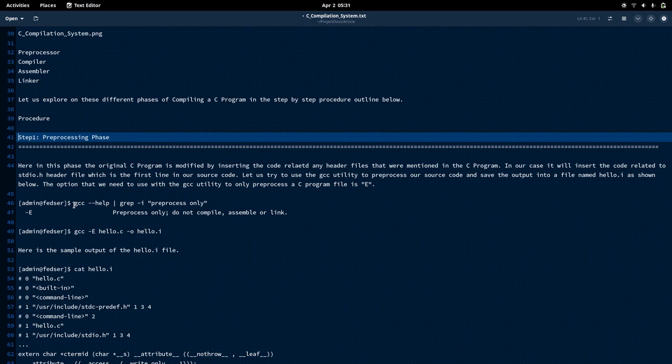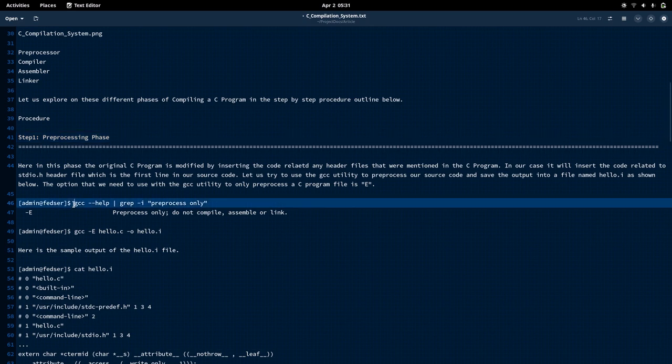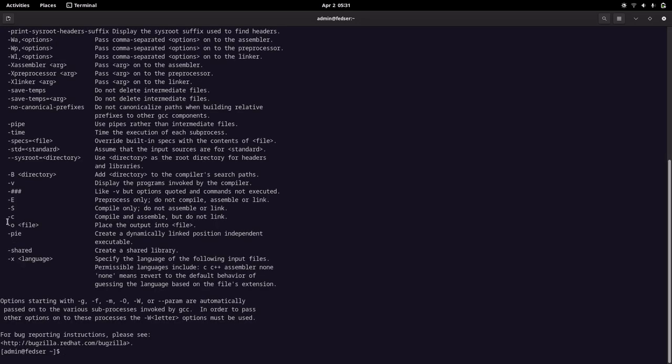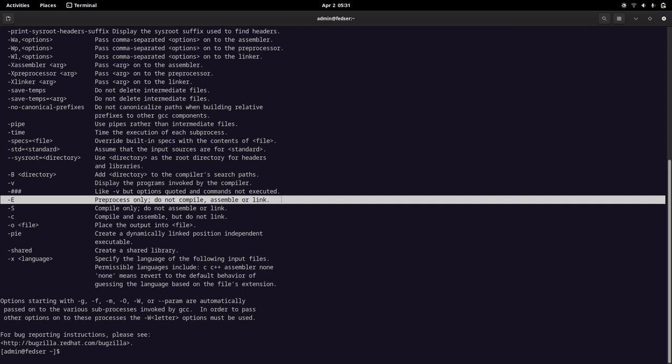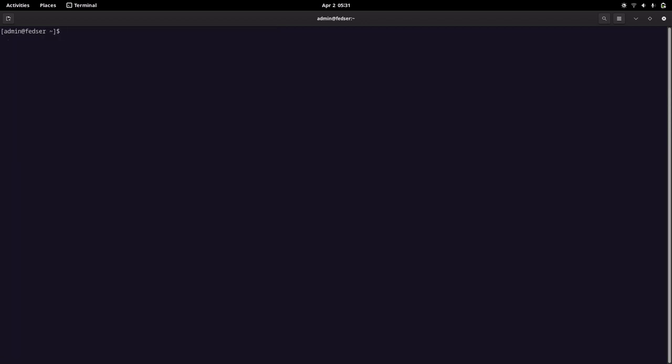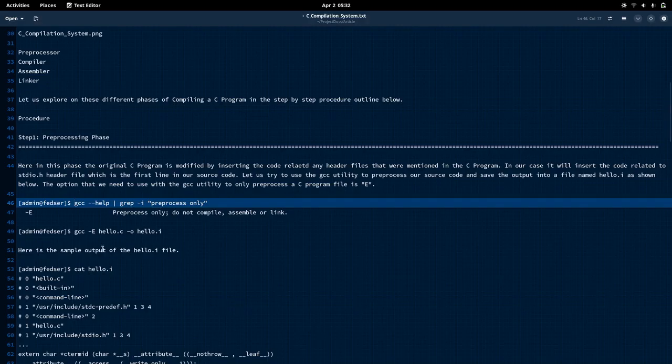If you go into the GCC help, let me clear my screen, and type gcc --help, it will show multiple options. Here you can see the -E option. It helps in pre-processing our code without actually compiling, assembling or linking. This is what we are going to do in this step, that is pre-processing our source code.